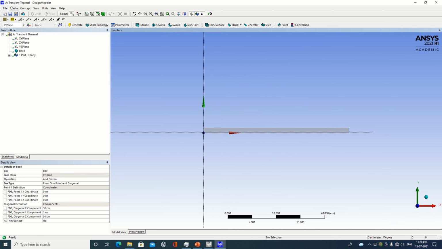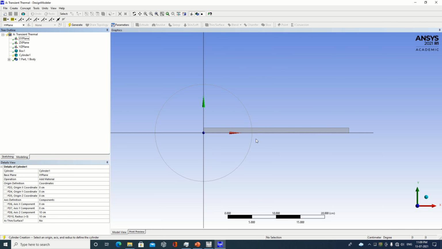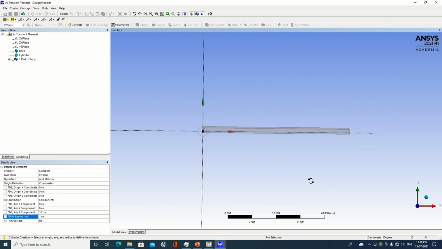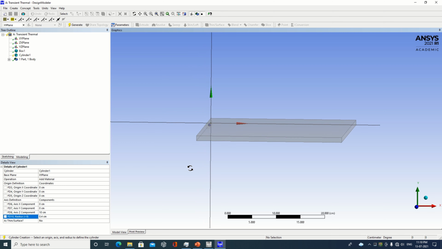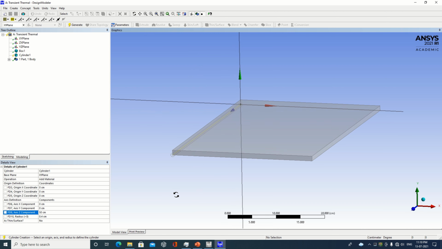Now let's move to the next part. One more time, create a primitive, that is a cylinder. Check how it is looking. So we have to change the dimension. Say I am taking somewhere around 1 centimeter. Sorry, I will take it as 0.4 over here. Specify the Z component. Say I am saying 50. You can just check it out.